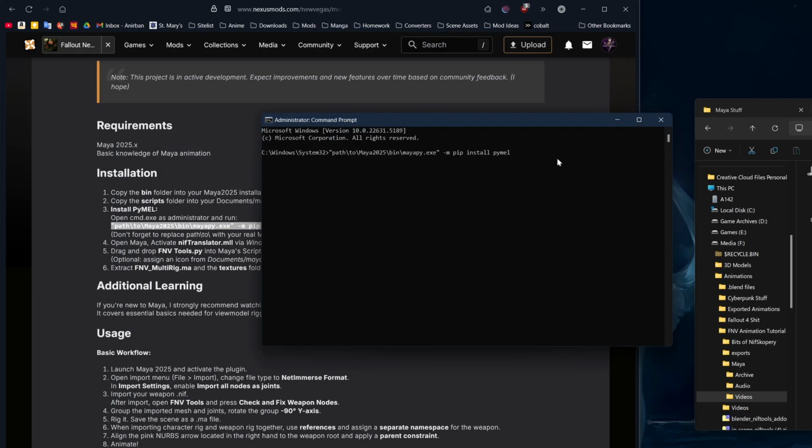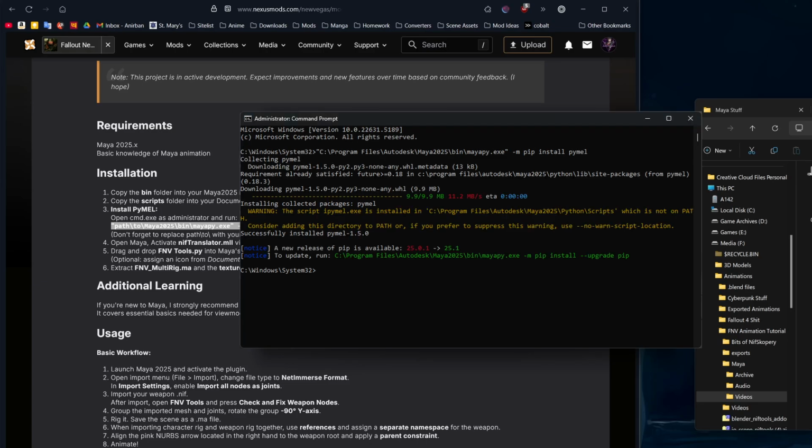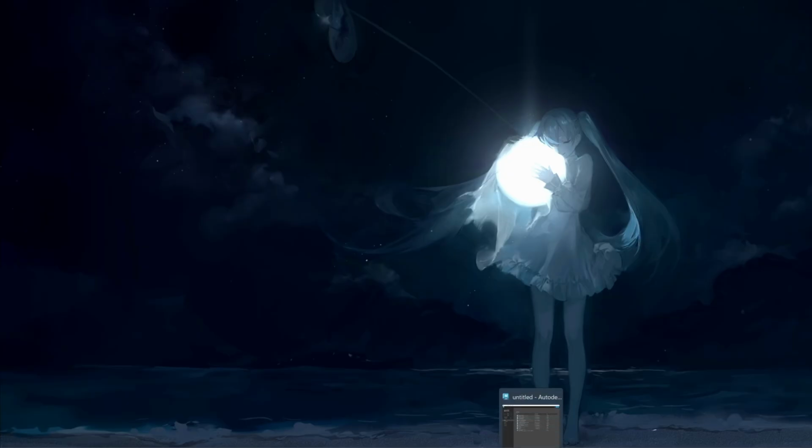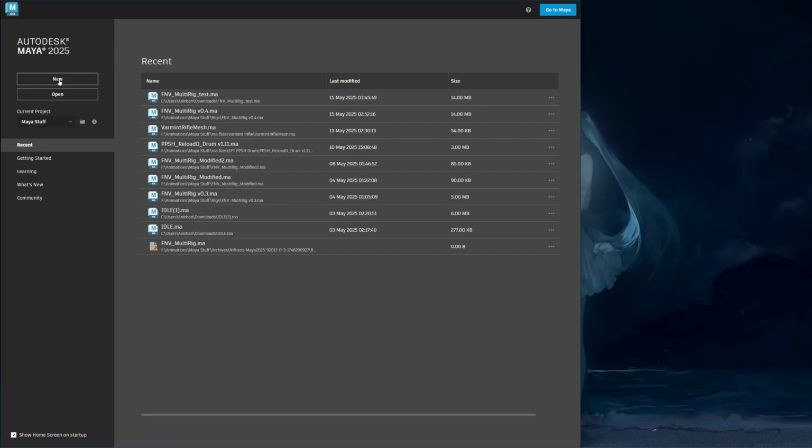So navigate the cursor there with your arrow key, remove this section, press Ctrl V to paste. It should look something like this, then just press enter. It'll take a second, then the output should look something like this. Now you can close command prompt. PyML has been installed. Now you're going to want to open up Maya and click on new to open up a